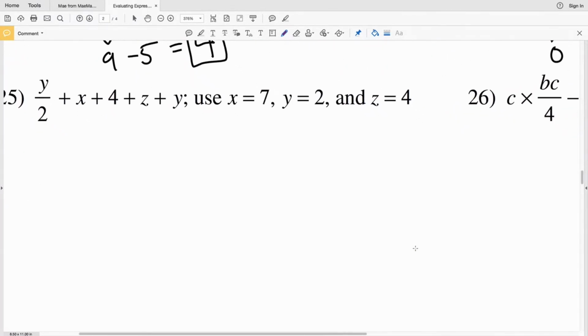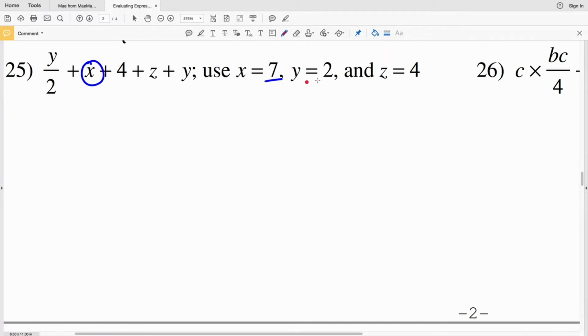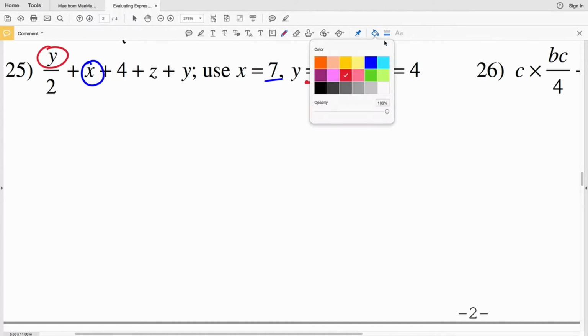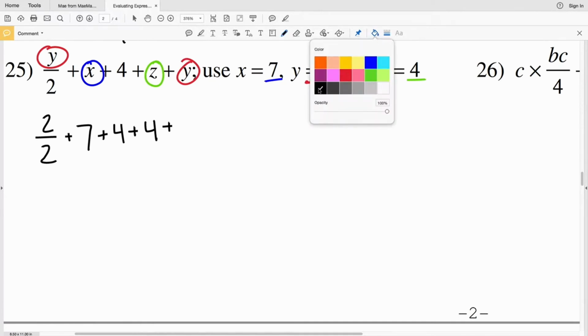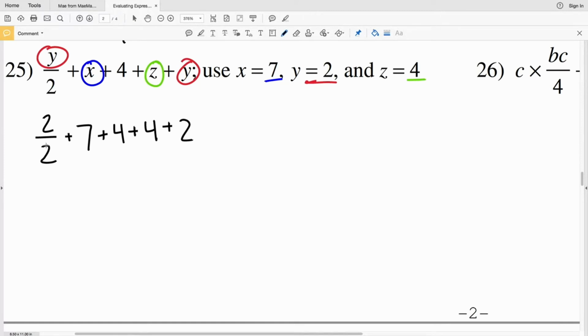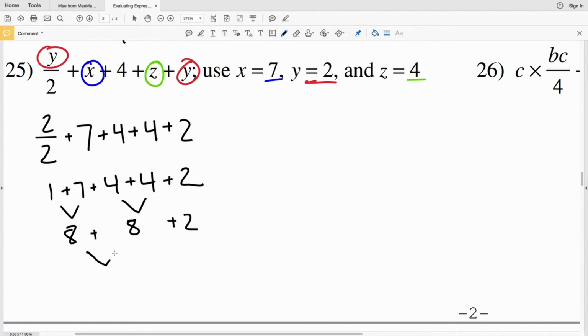Let's go on to 25. x is 7, so we're plugging 7 in for x. y is 2, so we're plugging 2 in for y. And lastly, z is 4. Writing that out, we're going to have 2 divided by 2 plus x, which is 7, plus 4 plus z, which is 4, plus, oops, forgot to circle that one. So y is another 2. Division first, 2 divided by 2 is 1, so we get 1 plus 7 plus 4 plus 4 plus 2. 1 plus 7 is 8. 4 plus 4 is also 8. And then plus 2. So 8 plus 8 is 16. Plus 2 gives us a positive